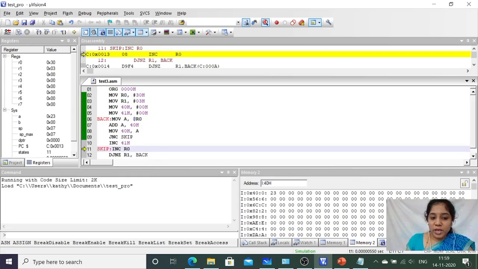There is no carry generated, hence it goes to the skip. Now one complete addition has been performed. So now I have to take my next byte. The next byte is at memory location